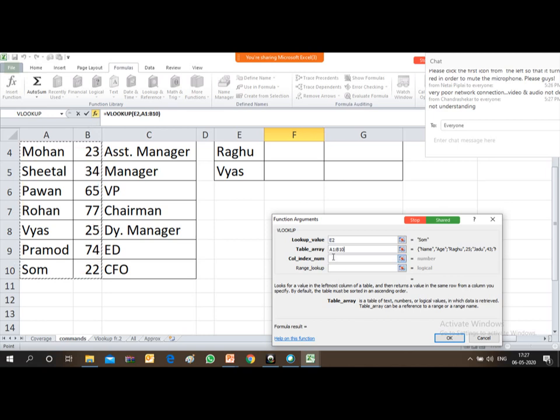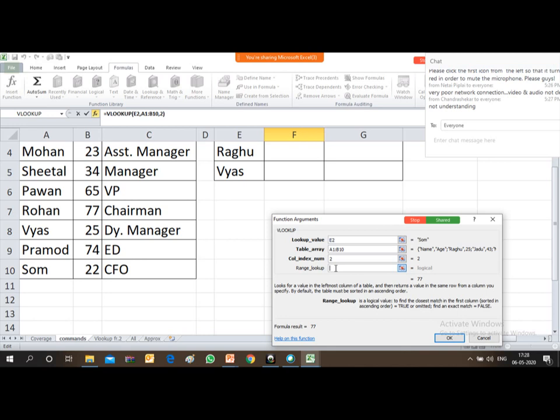In the next box you have to type the column number. Say this is 2. In the second column, age is mentioned, so from the second column the system will derive the age. Now come to the last box, which is Range Lookup.